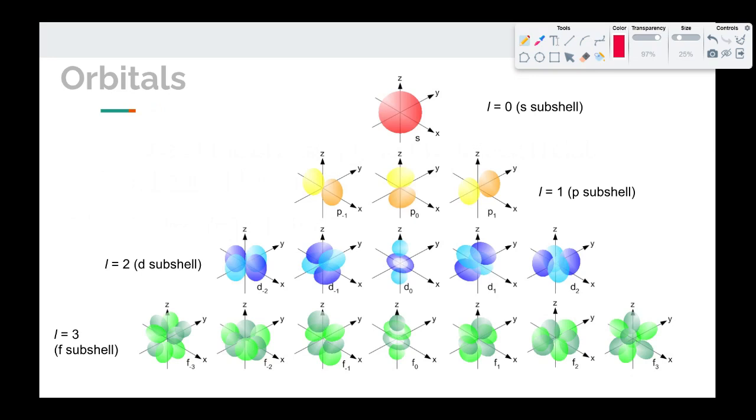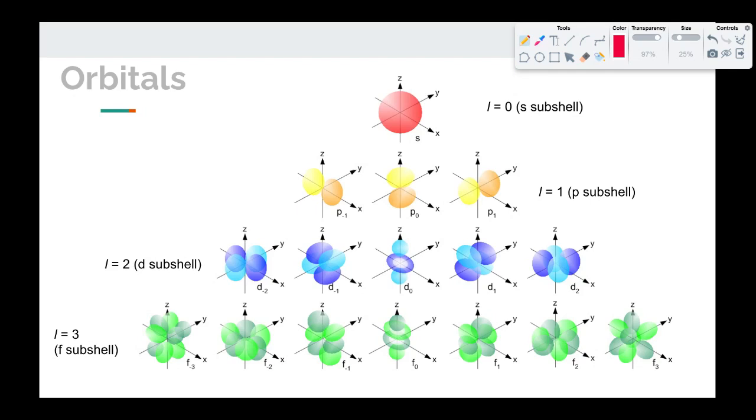Part of the reason for this shorthand is because we want to be able to distinguish which quantum number we're talking about. If we said it's 1, 0 or 1, 1 or 2, 1 or 2, 2, you wouldn't know which quantum number necessarily goes with what. So instead of saying l equals 0, we just say s. So we would say when n is 1 and l equals 0, we would call that the 1s subshell, for example.